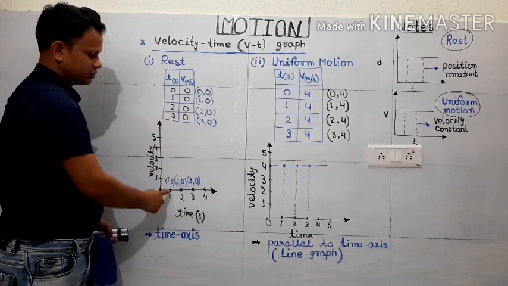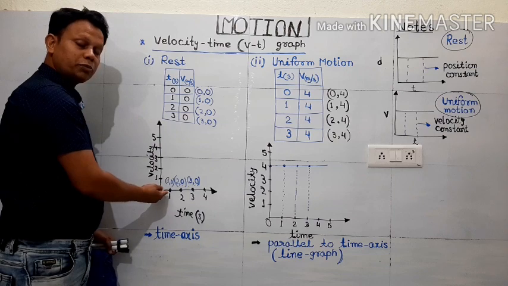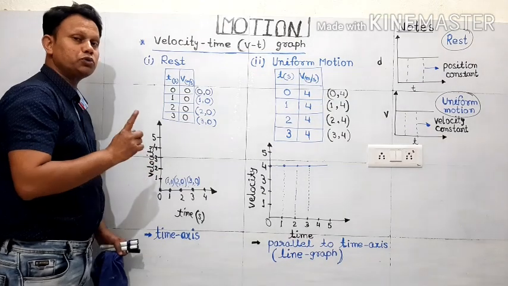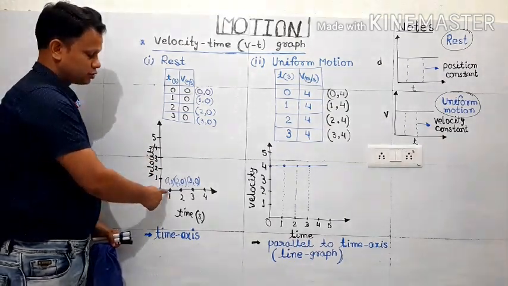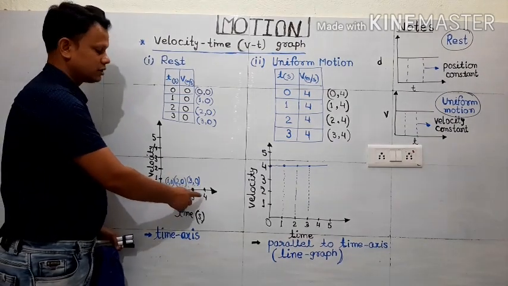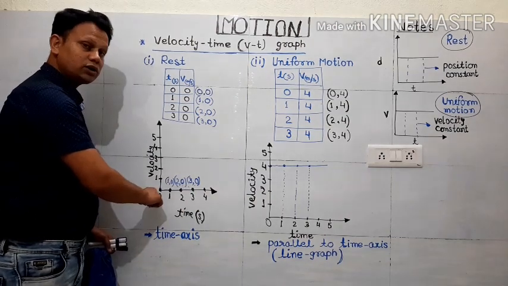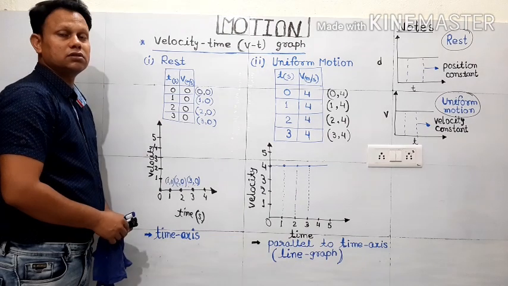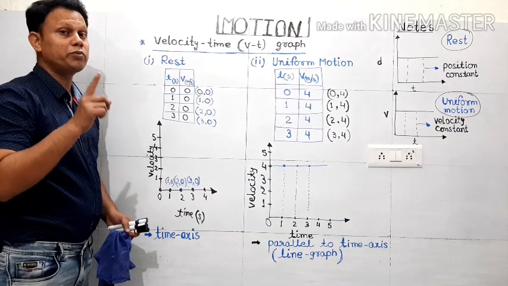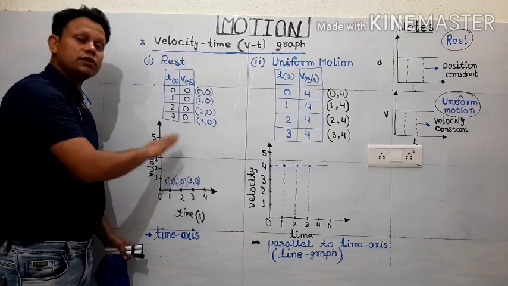Now 1 second, 0 meter per second: 1 second is this, but 0 meter per second will not be found above it, because when we go up we'll get some value of speed, but due to rest we cannot have any speed. So 1 second, 0 meter per second; 2 second, 0 meter per second; 3 second, 0 meter per second, and so on. Finally, when we plot these points, we are getting all the points on the time axis only. So what does it mean? That means whenever you draw a speed-time graph of a body at rest, the line will be the time axis itself only.